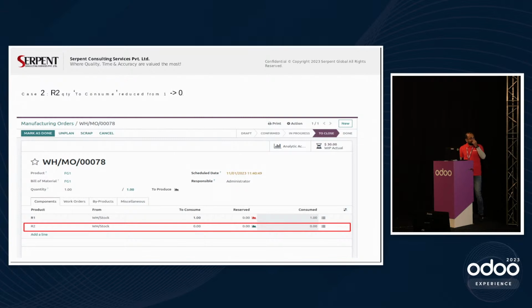So in this case, suddenly at runtime, R2, raw material 2, needs to be added depending on the needs of a manufacturing order. So we added this particular product. Here there is no quantity change, but there is an additional product to be added, a consumable product or a stockable product, to make sure we get the finished goods. So from 0 to 1, an addition of a product. How will it impact?